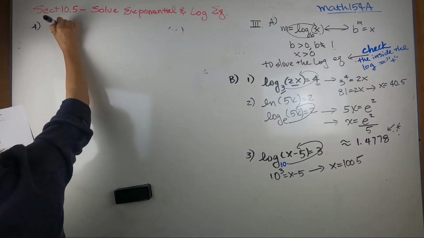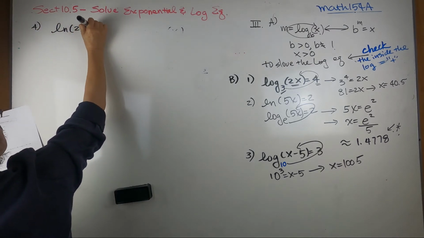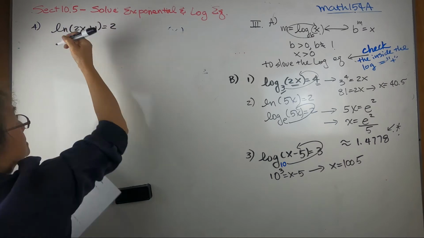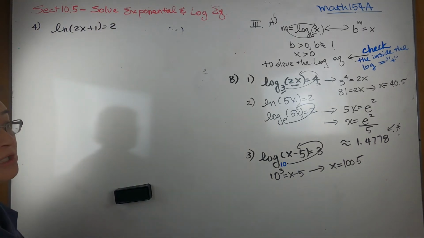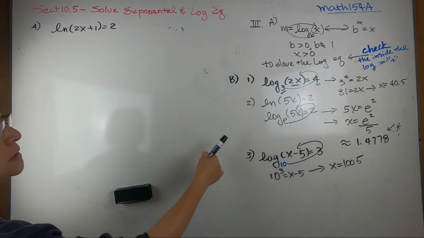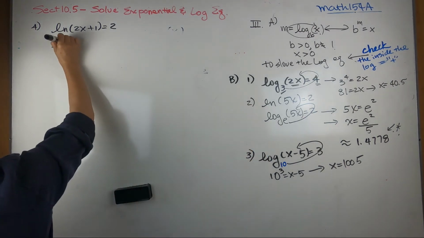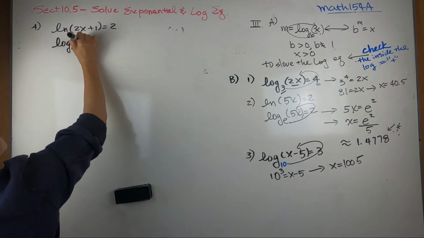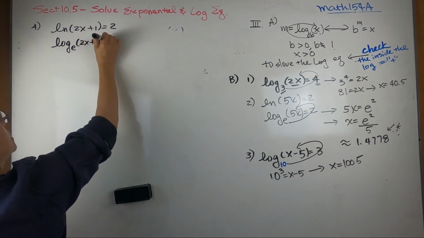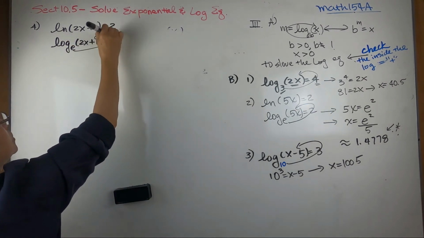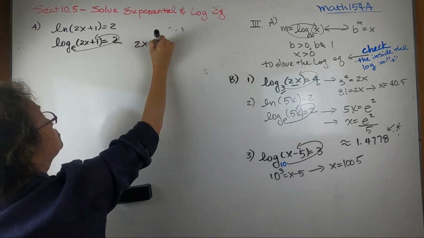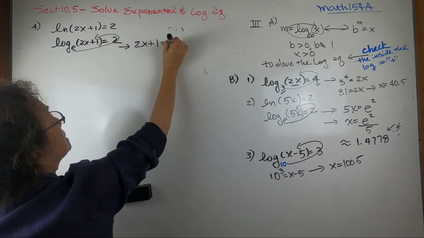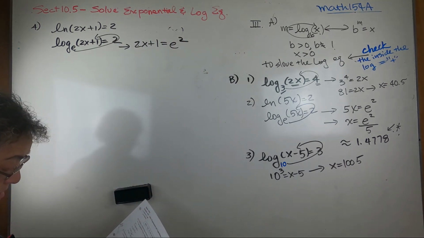Okay. Let's see next one. Natural log of 2x plus 1 equals 2. What's your x value? So how should you start? You need a base so you can hook, right? So you write log base e, 2x plus 1 equals 2, and you hook it. So what do you have? So you have 2x plus 1 equals what? e to the square,